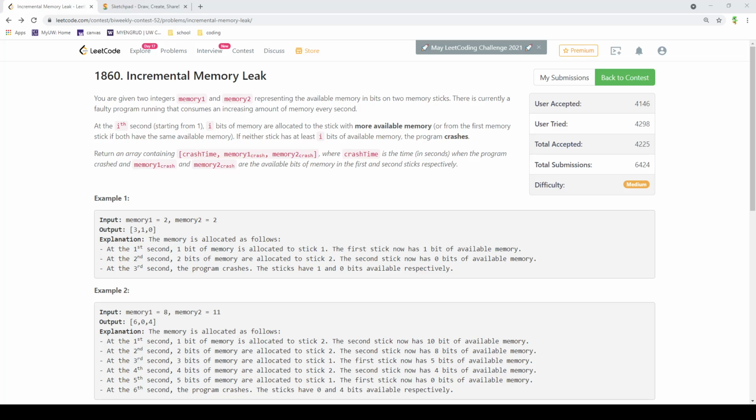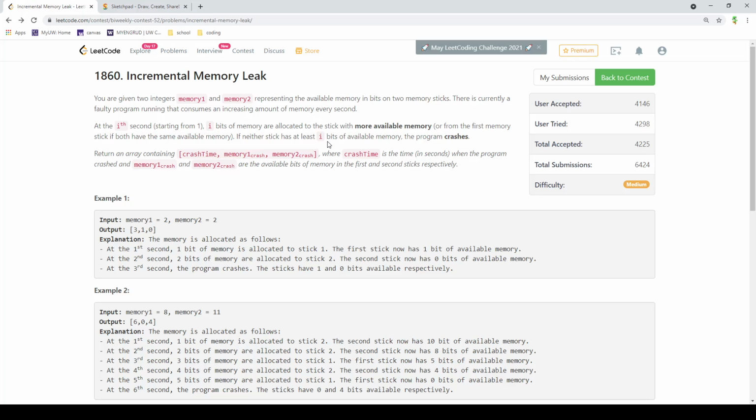Hey, so this is going to be the video covering the second question in Biweekly 52 contest. This is Incremental Memory Leak. So in this problem, you are given two integers, memory1 and memory2, and this represents the available memory in two memory sticks. And every second,